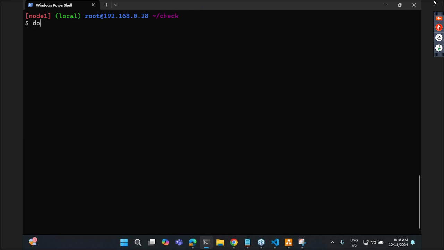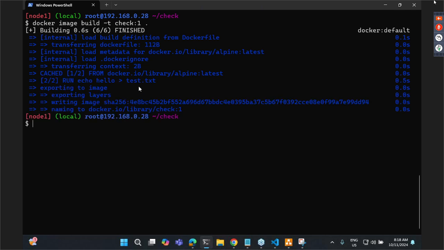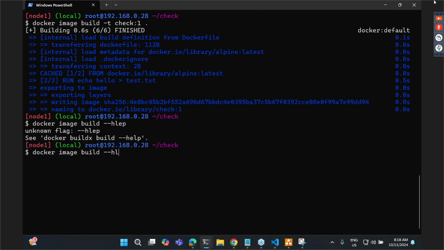Now what will I do? docker image build -t check:1 and dot. So what has it done? It has created a file called test.txt. Now for docker image build, if you try